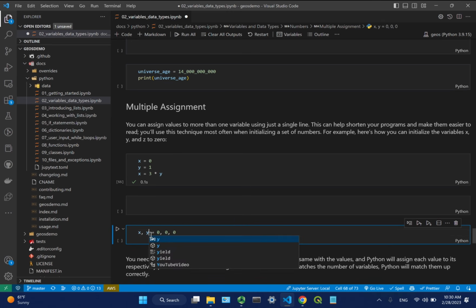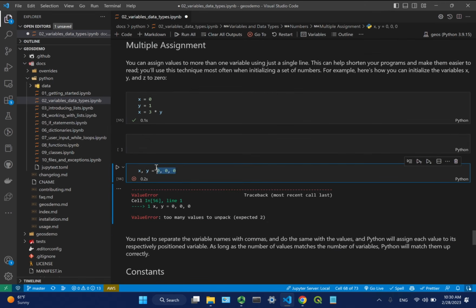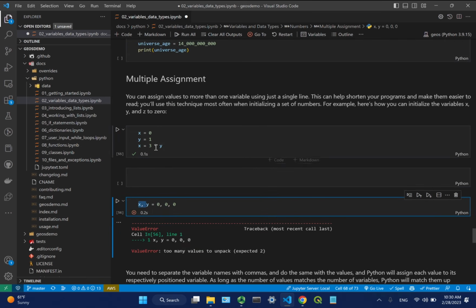It might be, but it probably is not something you expect. Yeah, too many variables to unpack. So if you have 3 numbers on the right, you need to have 3 variables on the left. And the other thing I want to point out is when you assign a variable and you have